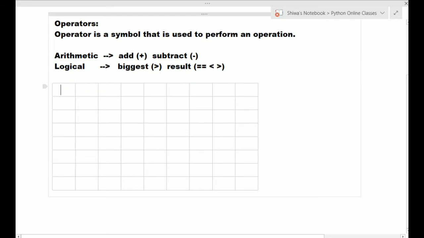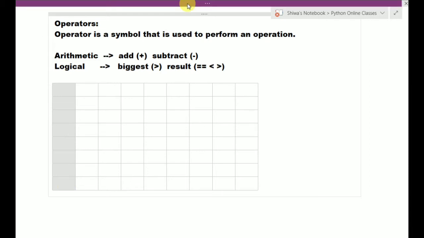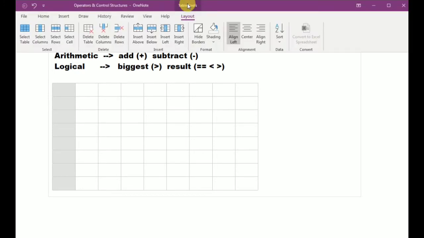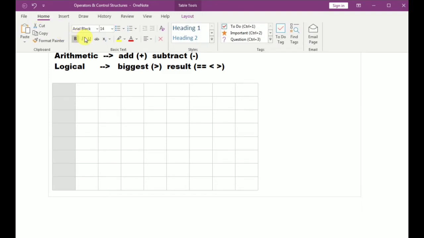Python provides several operators to us. Those operators are categorized according to their purpose. I am writing those categories here.